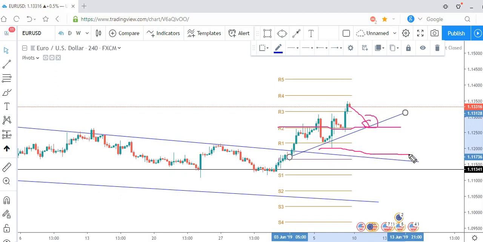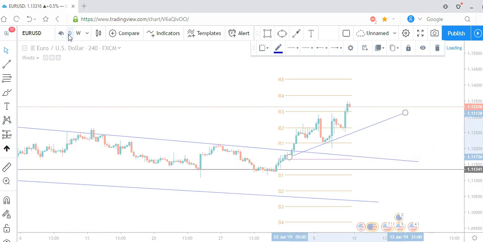Below R1. But if you are a conservative trader like me, you can place it below the PP if you need a wide stop loss. So your take profit level will be the R4, the resistance 4, and the resistance 5. Or better still,